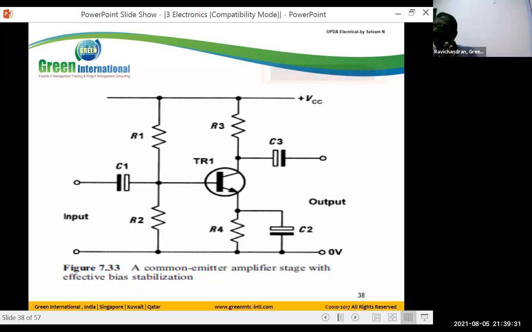That's all. In general, this value is mostly 0.1 or 0.01 microfarad. We use this value irrespective of the devices and applications. So the input signal, that